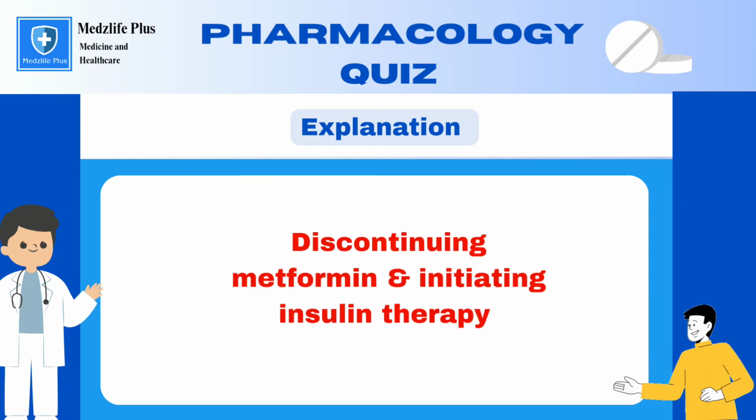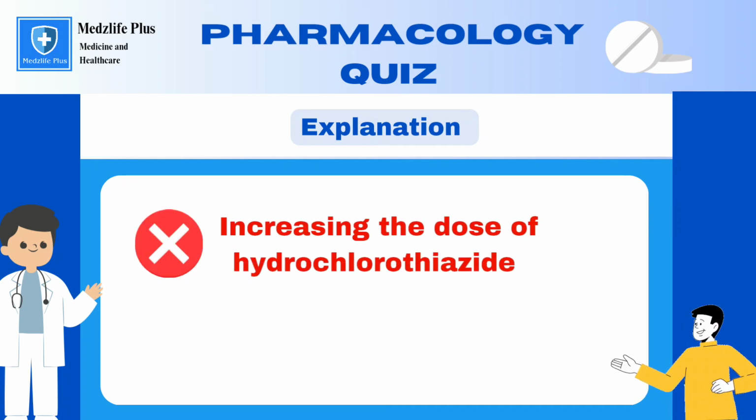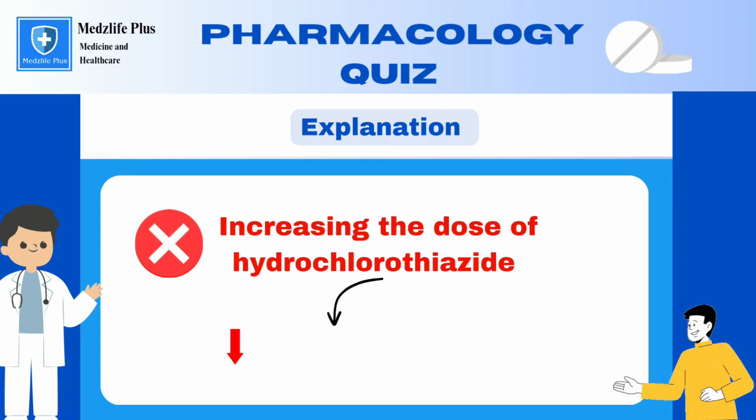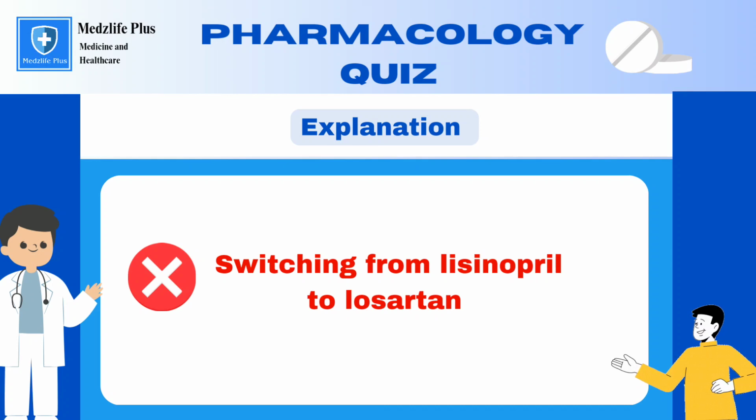clinical condition. Discontinuing metformin and initiating insulin therapy, option A, might be considered if there were significant renal impairment, but it's not the primary intervention for fluid retention. Increasing the dose of hydrochlorothiazide, option B, could worsen the situation by further reducing renal function. Switching from lisinopril to losartan, option D, is a reasonable consideration, but adding a diuretic is more appropriate in the